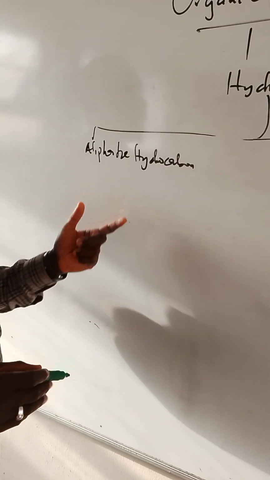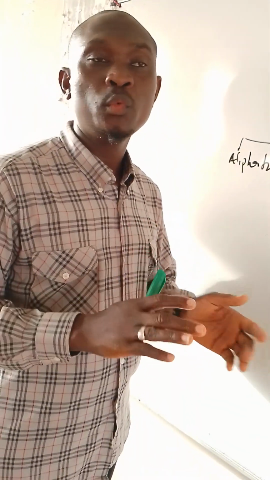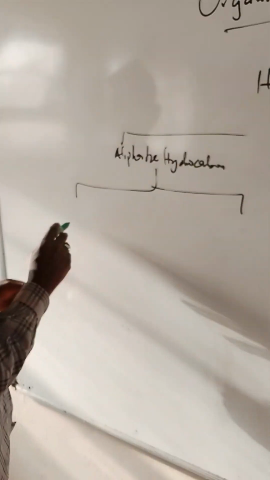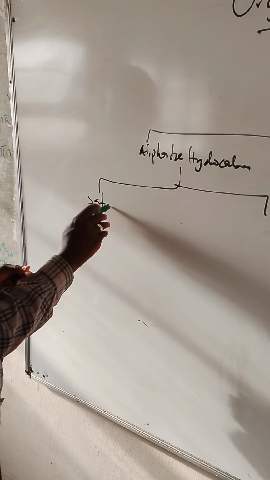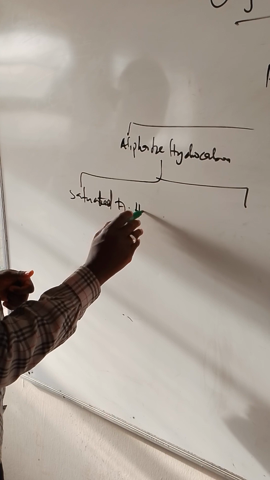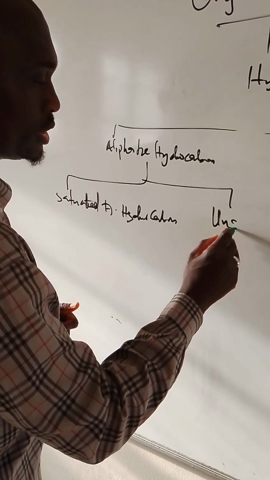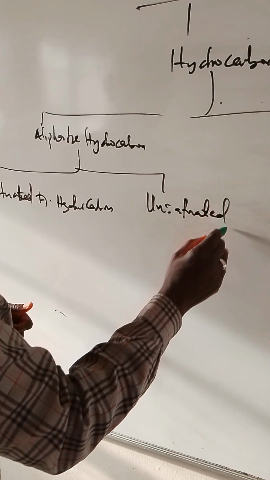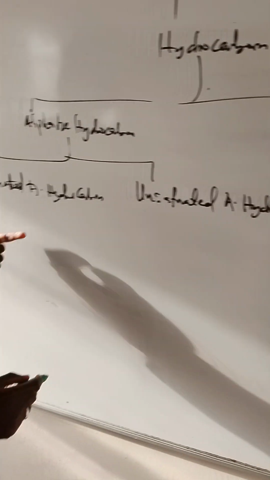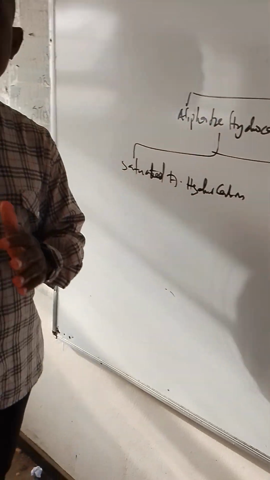The aliphatic hydrocarbons are specifically subdivided into two: saturated aliphatic hydrocarbon and unsaturated aliphatic hydrocarbon. The saturated aliphatic hydrocarbon is a hydrocarbon made up of